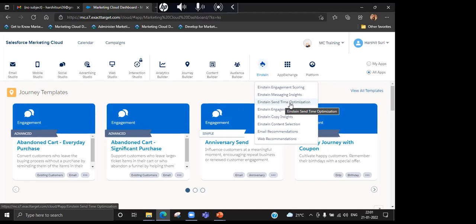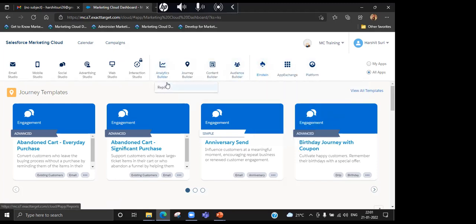So it will read your past patterns and give you insights so that you can optimize your return. So Einstein is the backbone of Marketing Cloud. We will be getting a brief idea on how to use Einstein as well.